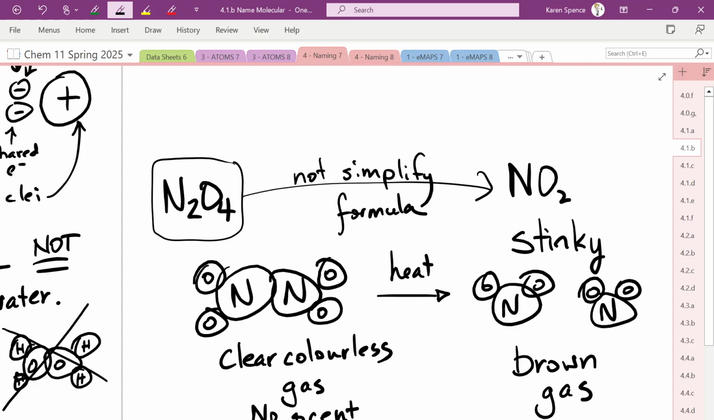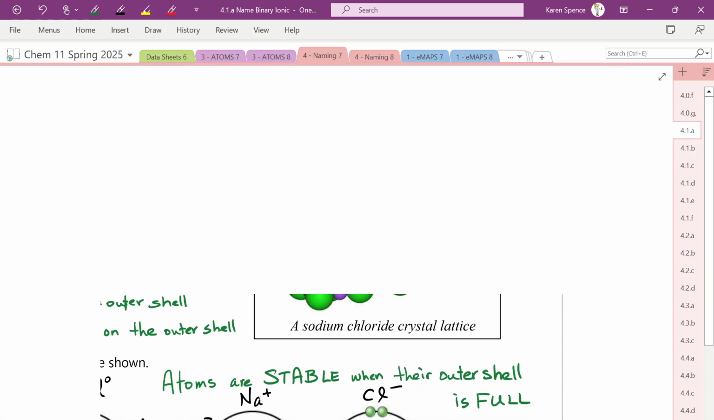Okay, so are we good with that? That's why we don't simplify molecular compounds. But remember back in our ionic compound,